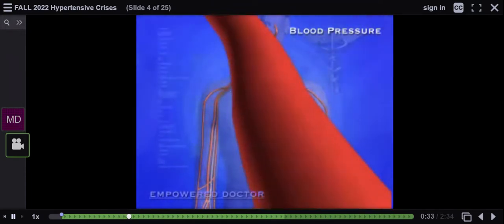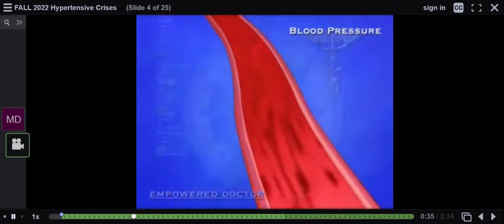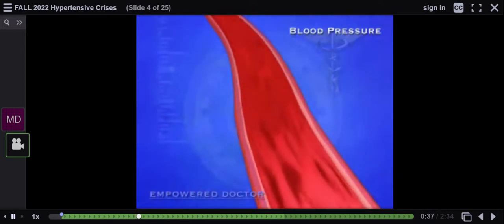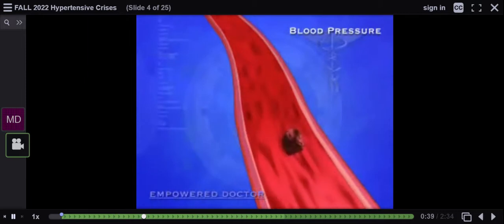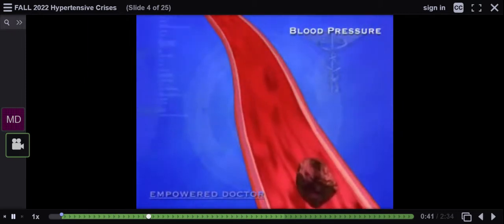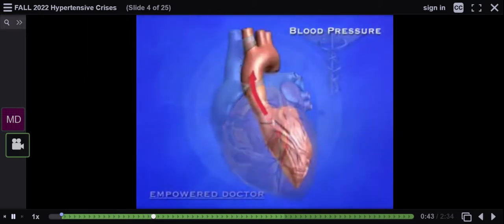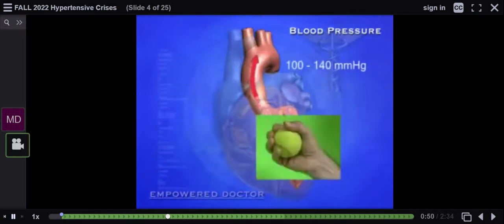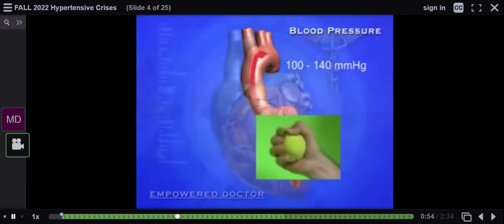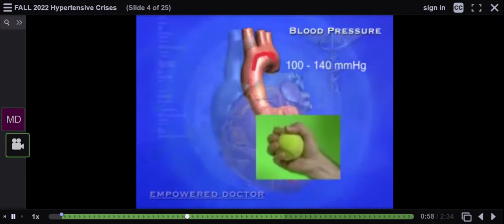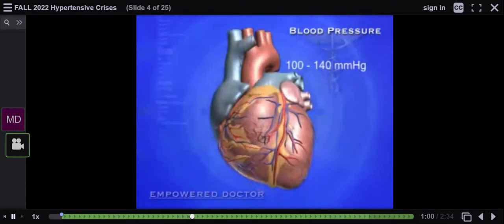This force also has to keep the blood moving at a certain speed throughout the body, because if it moves too slowly or pools, it's in danger of clotting. Blood leaves the left ventricle under relatively high pressure of about 100 to 140 millimeters of mercury. How much pressure is that? It's about as much pressure as it takes to squeeze a tennis ball quite hard in your hand. Try doing this one time a second and you'll soon get an idea of how hard the muscles of your